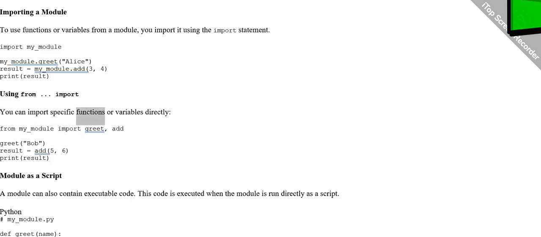Using from import. You can import specific functions or variables directly. from my_module import greet, add greet("Bob") result = add(5, 6) print(result)